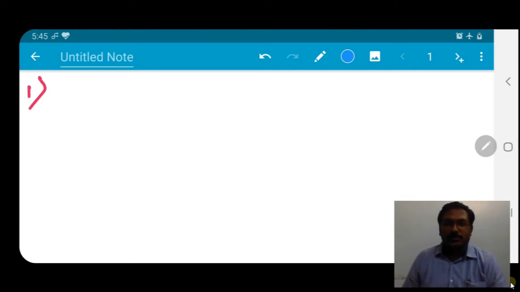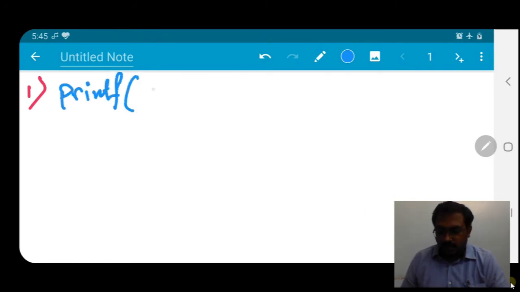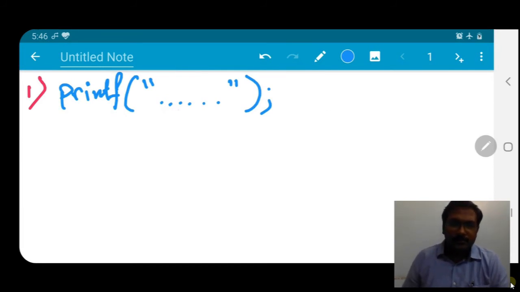The syntax is printf, bracket start, within double quotes whatever you want to write. At last the semicolon is compulsory. Whatever you write inside these two double quotes will be printed on your computer screen.